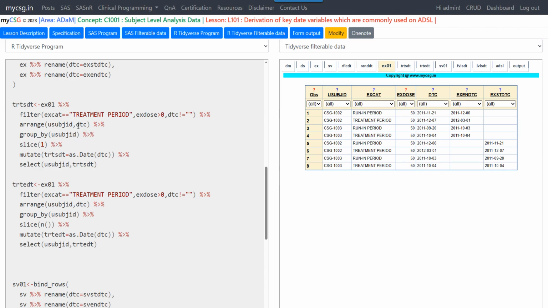First sort the records such that the first record within the subject contains the earliest date. We achieve that using the arrange function, then indicate that the records are to be grouped, and then use the slice function to subset the first record within each group. The slice function is used for subsetting the records based on the position of a record. So here when we say first, it subsets the first record within each group, and then we are passing